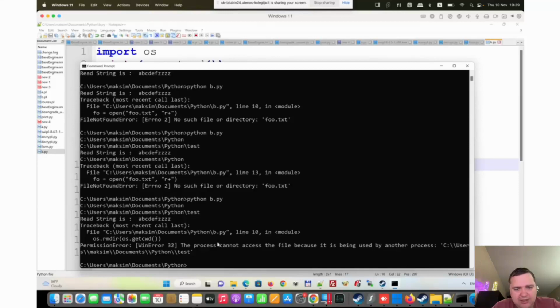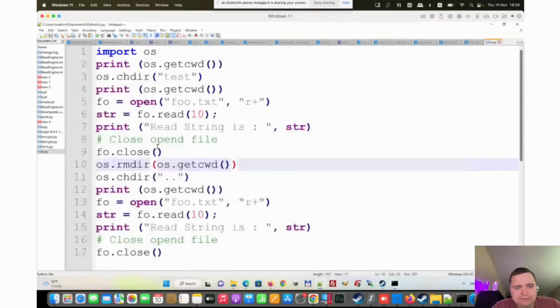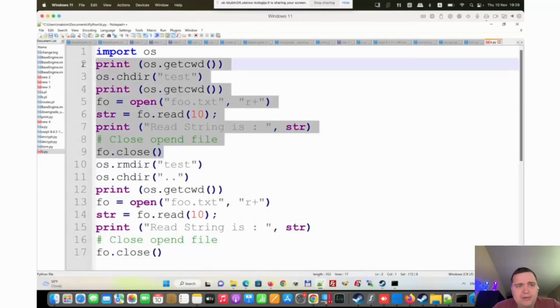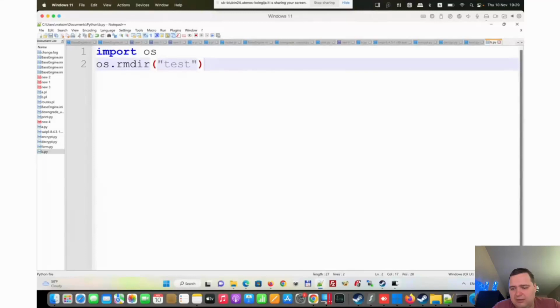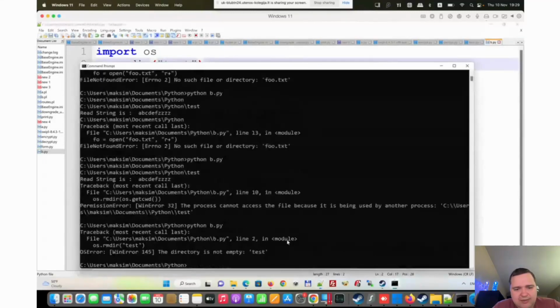Okay, that's pretty interesting. All right. Well, what will happen if I just have this line and nothing else besides that, like this one? Okay. Well, I will have that. The folder is not empty. So literally, we can try to use some parameters of this rmdir function, or we can just maybe go through